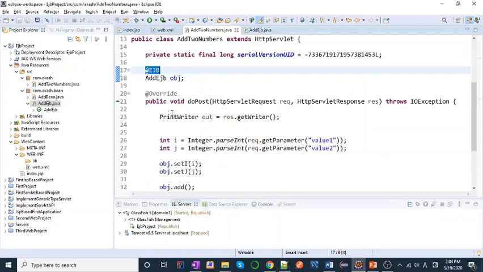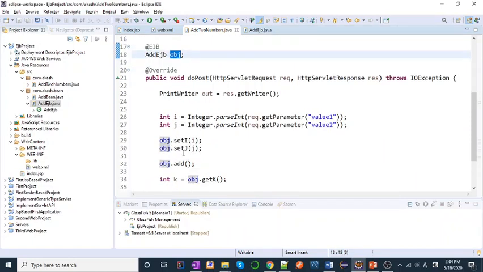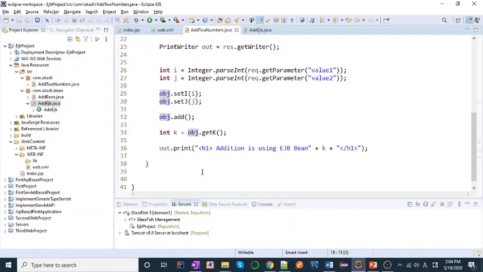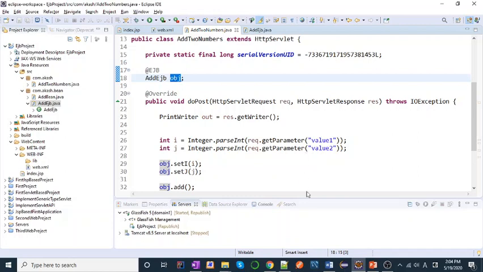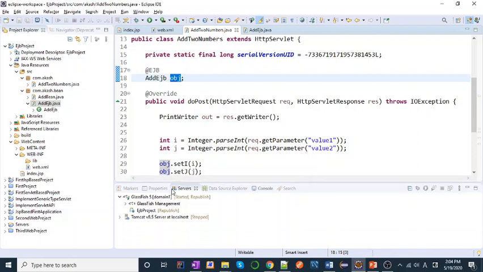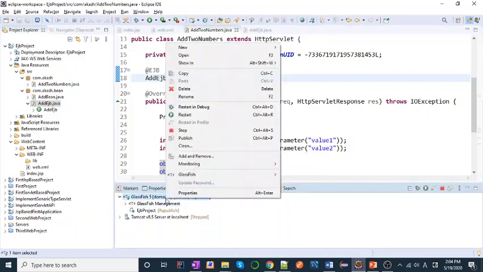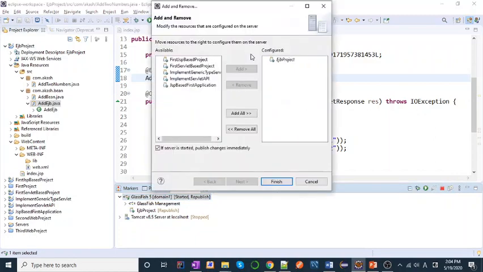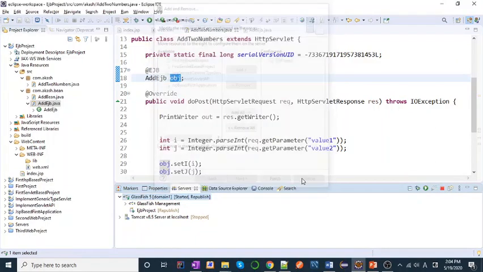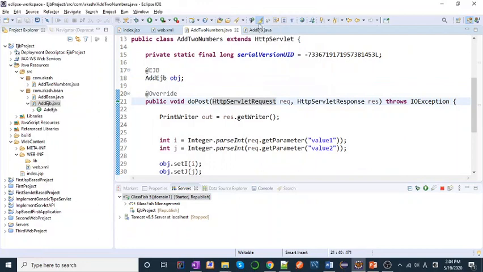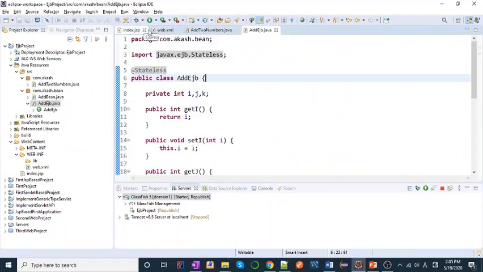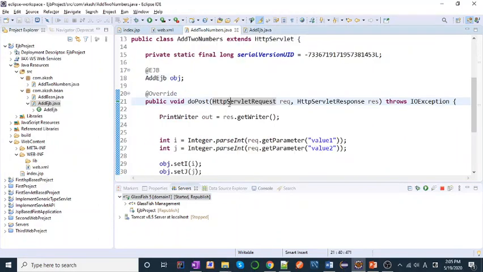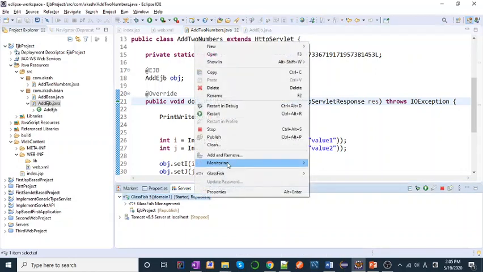Again we have chosen the name object. It will set i and j, add, and then get the k and print the EJB bean result. Again we have to redeploy this application over the server. The best way is to go to Add and Remove. Let's see if we have saved all the files. AddEJB is fine, the web application is fine. Okay, so let's remove it